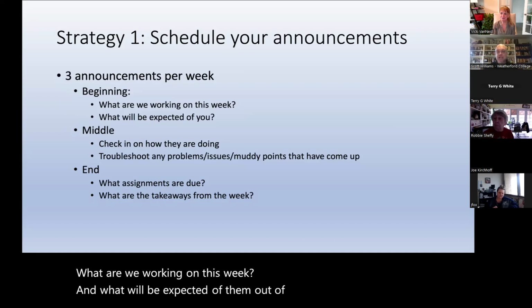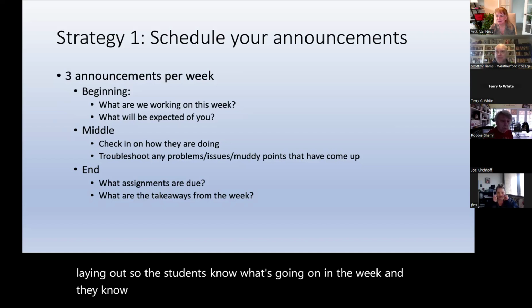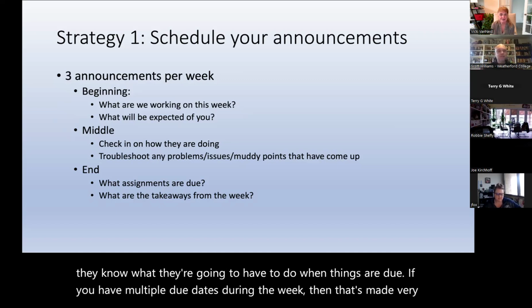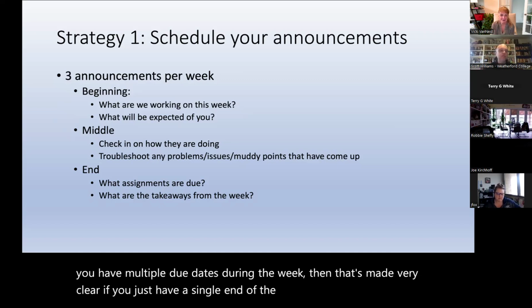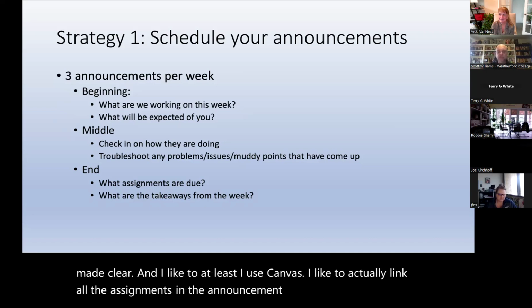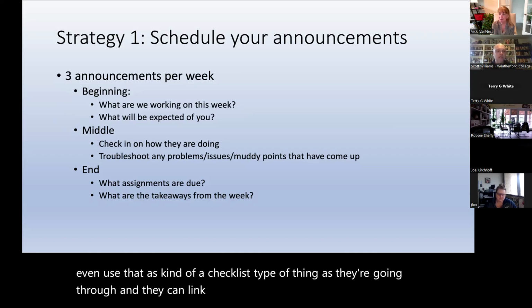So always laying out so the students know what's going on in the week and they know what they're going to have to do when things are due. If you have multiple due dates during the week, then that's made very clear. If you just have a single end of the week due date, that's made clear. And I like to, at least I use Canvas, I like to actually link all the assignments in the announcement itself so the students can even use that as kind of a checklist type of thing as they're going through,